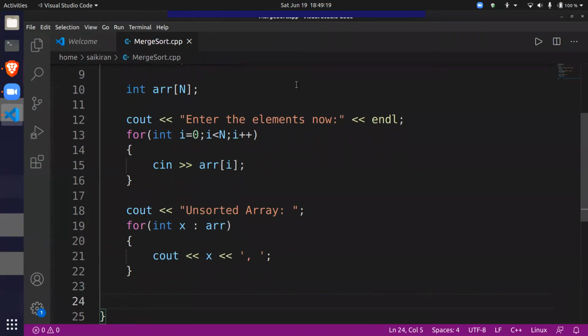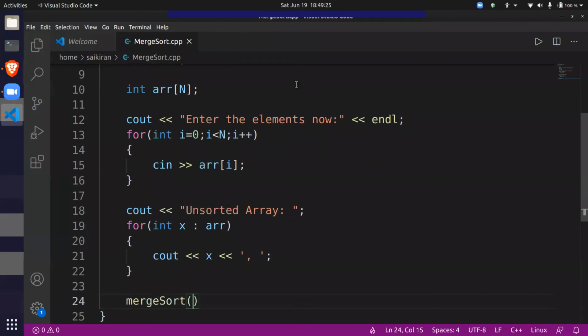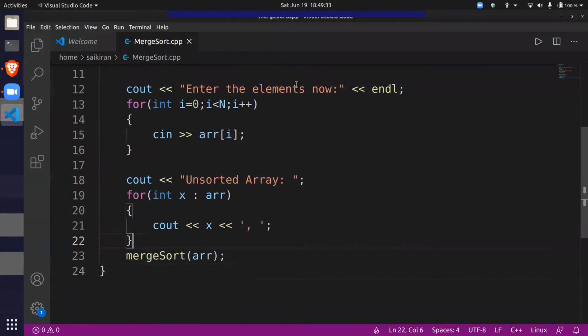Now let's think that there's a function called merge sort. We'll implement it now. Merge sort this array. Now merge sort needs boundaries. Why we need boundaries will become clear in a few minutes. But we need to sort the entire array, right?